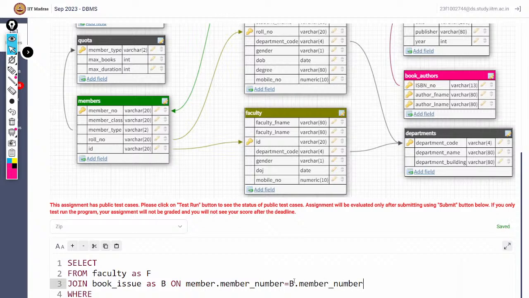We are joining these two into one table. Once we join these two into a singular table,